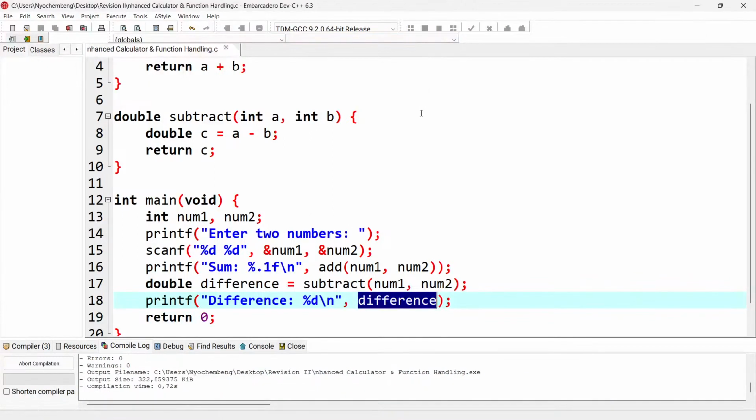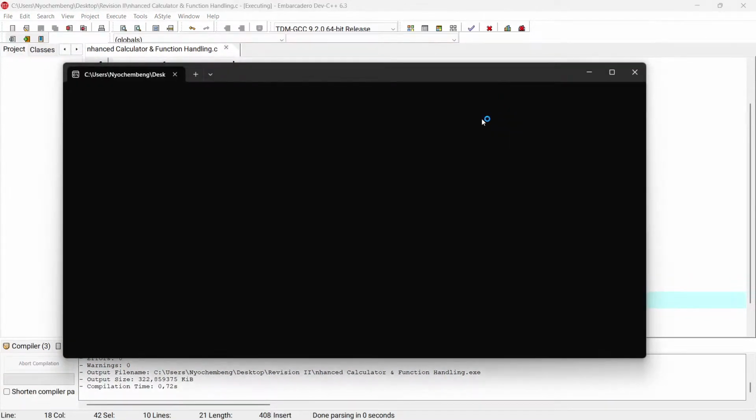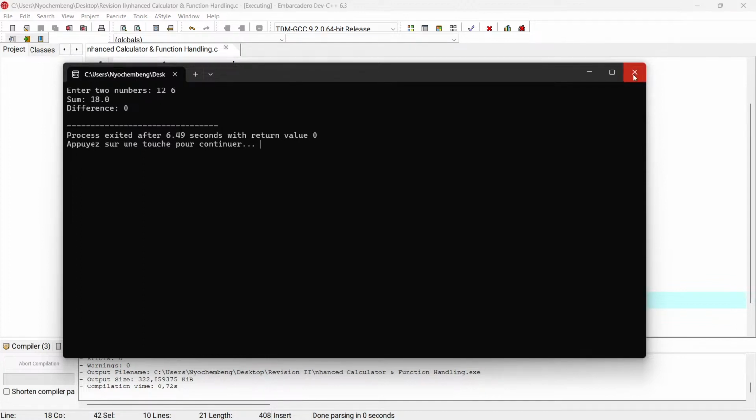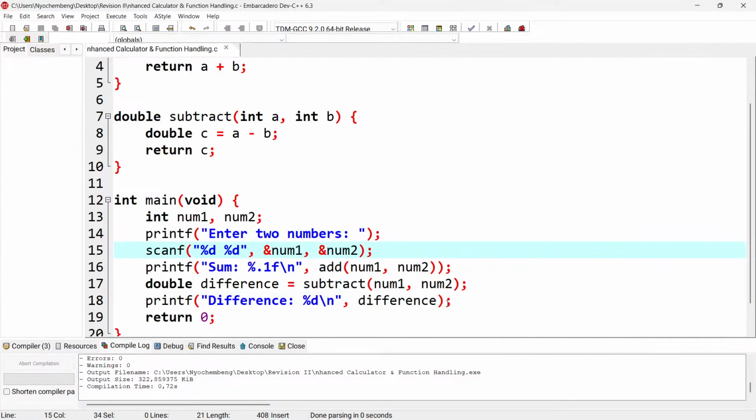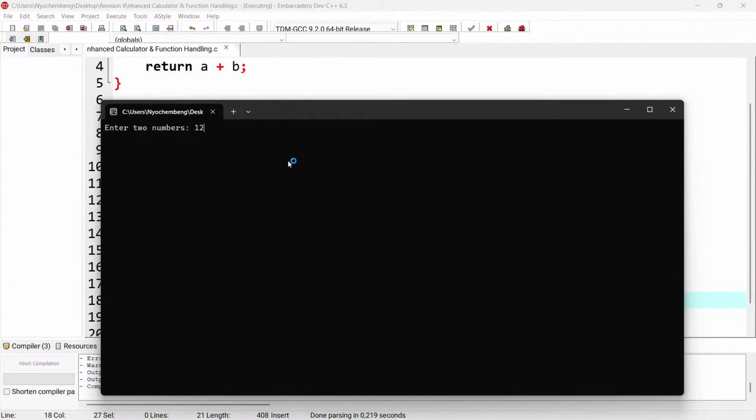Let's try it one more time. What should be the issue? Let's use 12 and 6. Why does it show 0? Mm, let me try to change this and use percentage F, and then, that's 12 and 5. Okay, it seems the issue was in